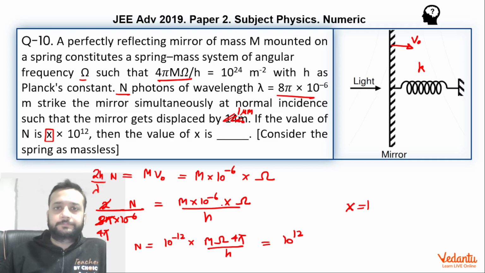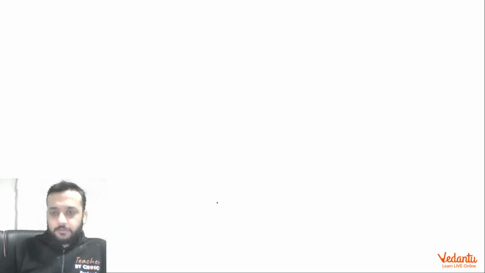X is nothing but 1, correct? This was the answer given by IIT. So this was the answer. But now, where have we taken an assumption? Interestingly, I told you that we are taking an assumption, but where did we take it? Let's see. If you think carefully,